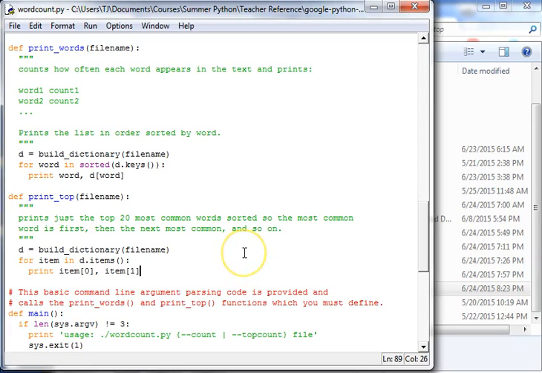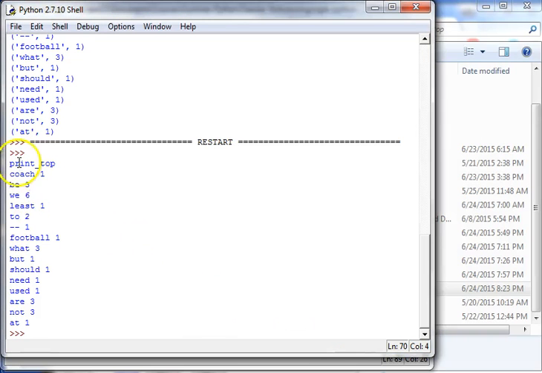So we're working on PrintTop. We're trying to figure out a way to use this second value, the second item in each tuple, to sort the list so that we get the most common words at the top and have them go down in decreasing order. So let's take a look at what else we learned about